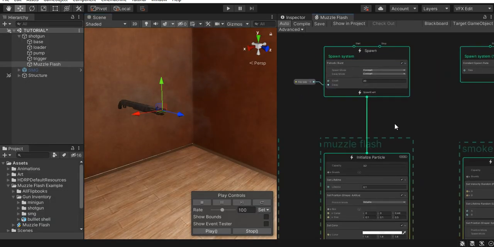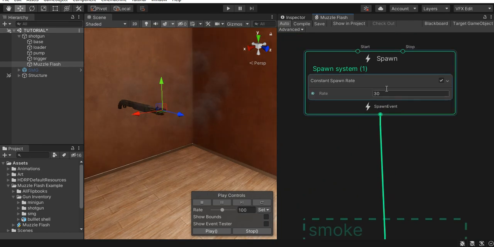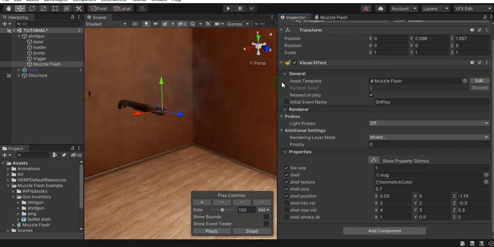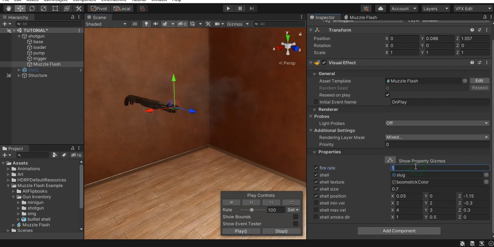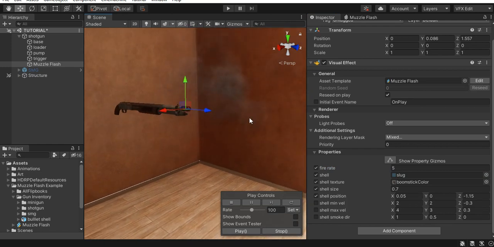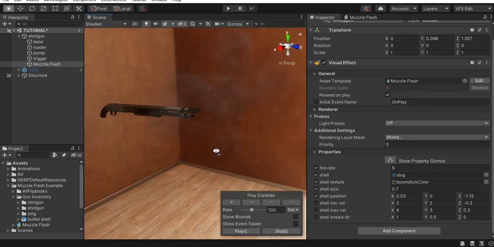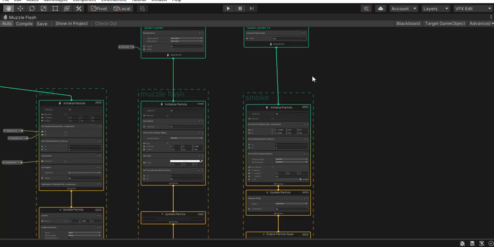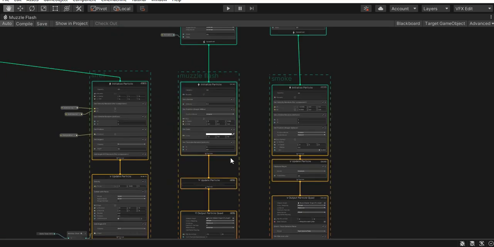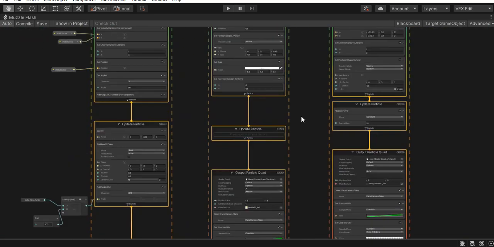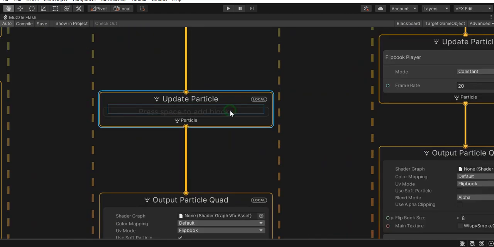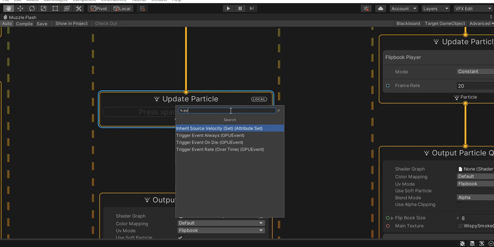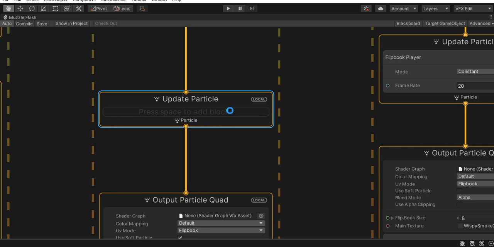So as you can see, our smoke is spawning with a constant spawn rate. So even if our fire delay is like 5 seconds, you can see that the smoke is still coming out of the barrel, even though we only have one shot every 5 seconds. We're going to use GPU events. So here in the update context of our muzzle flash, we're going to add an event. We can use always, on die, or rate. I'm going to use rate,